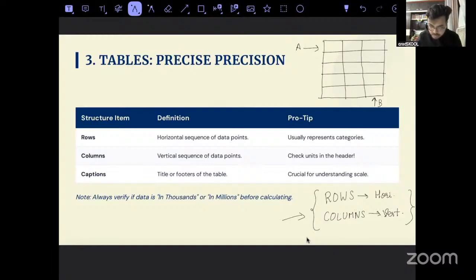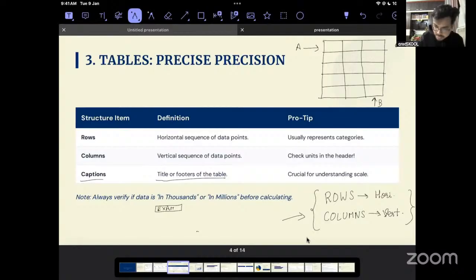And we also have captions. These are the title or footers of the table. I don't think you should deep dive into this. Better is to just understand what I told you. This is just so that you know there's something called a caption. Title is basically the heading written above the table. Like, you must have seen an Excel sheet where something is written as the exam I've made, and then I have a table here. Then at the bottom some promotion is done, or some logo is there, that is a footer.